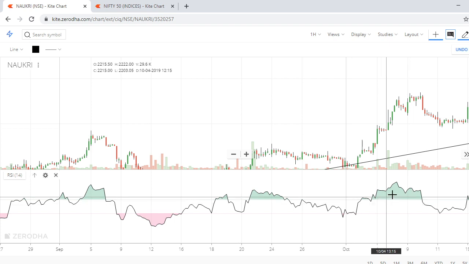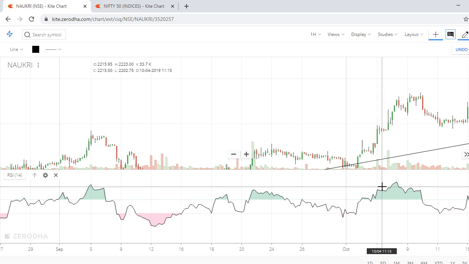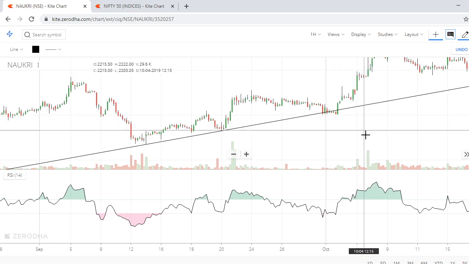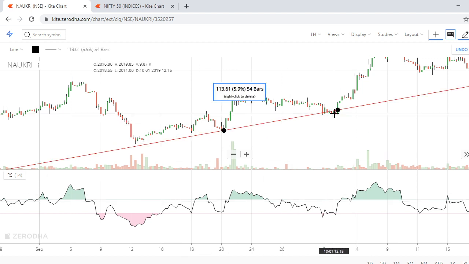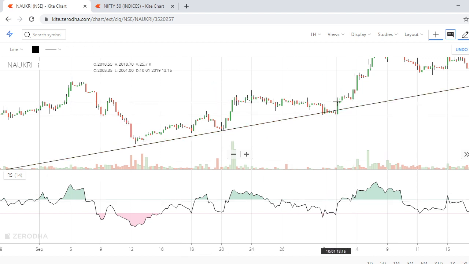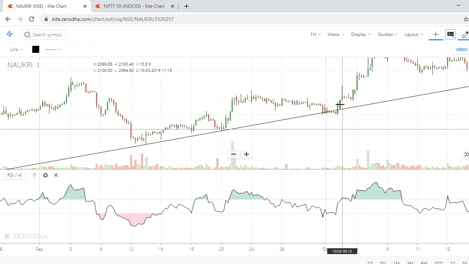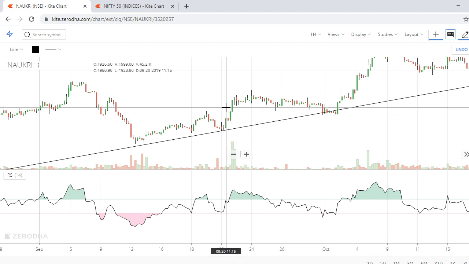Previously, what did we study? We are not supposed to buy when it comes into the 80 zone, the overbought zone. Now we changed it in a way that we can take an entry for buying. Based on RSI alone we are not making a buy. We are looking at the price action, and if there is a reversal in the price action, at the same time if RSI is also telling you yes, this is a good buy, then we are taking the position. So we are taking a double confirmation. That's how the probability of the trade can be increased.